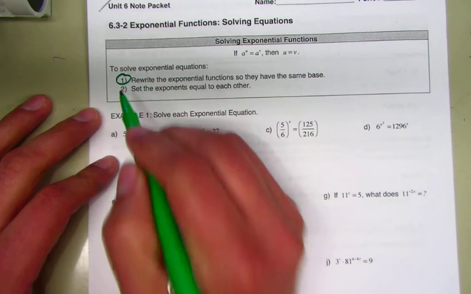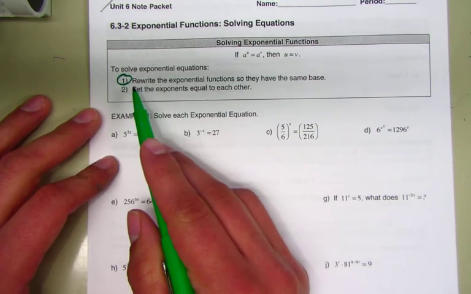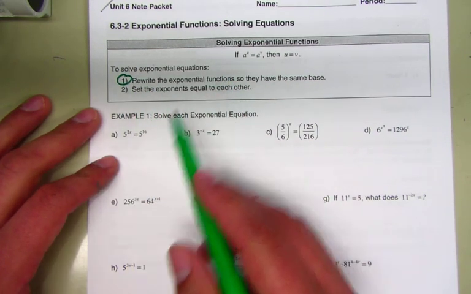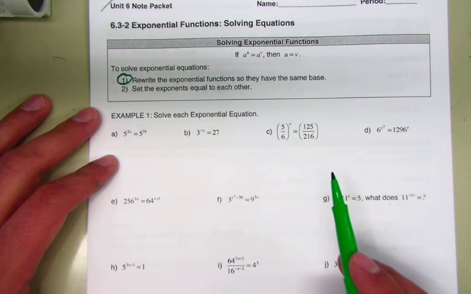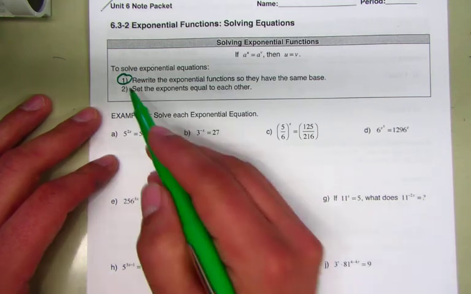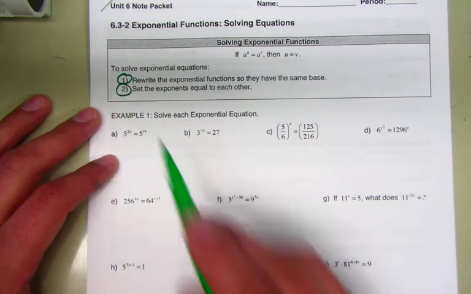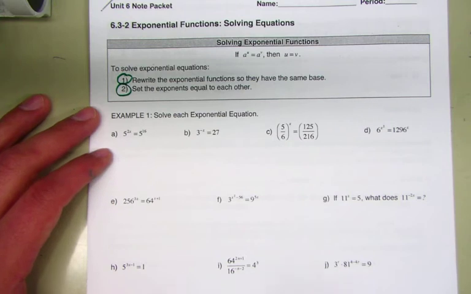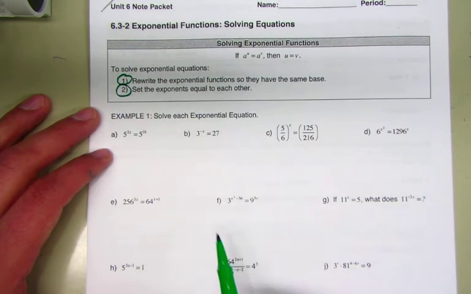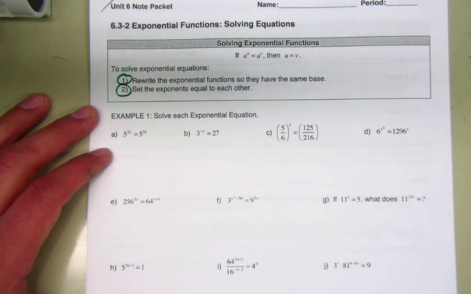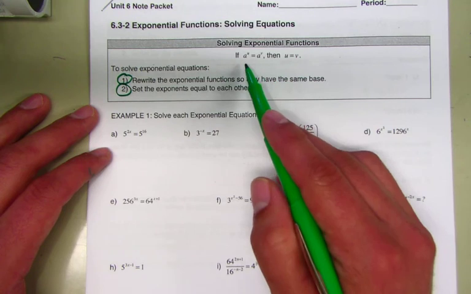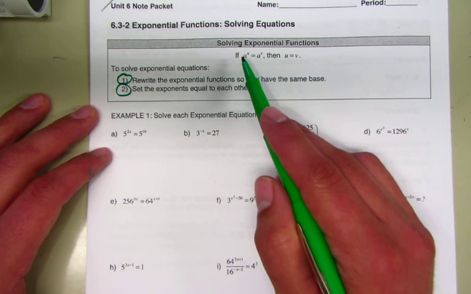here's what you need to know how to do. First, if you don't have the same base, you want to make the bases the same. Okay? That part we've talked about. Once you have the same base on both parts of the equation, on both sides, then you're going to set the exponents equal to each other, which we've done. It's just we haven't done too many that are that complicated. Okay, and in case you're more of the property person,